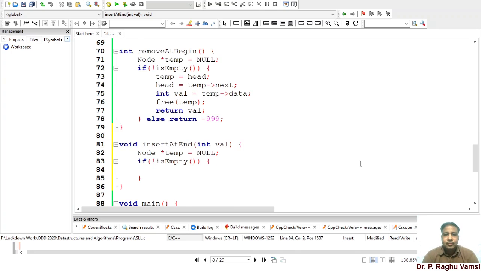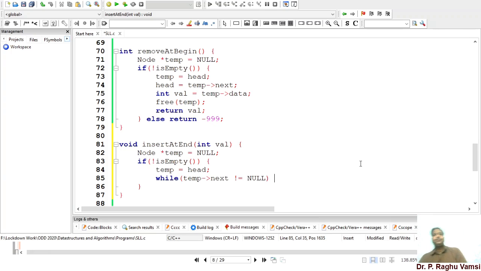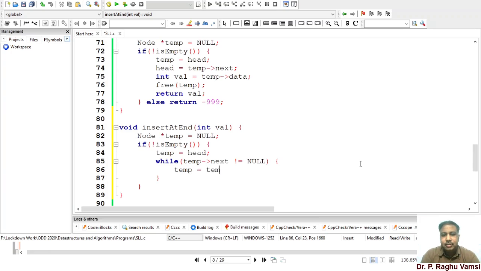then temp is equal to head. You need to traverse temp. How long you need to traverse? While temp next not equal to null, you need to traverse: temp is equal to temp next.